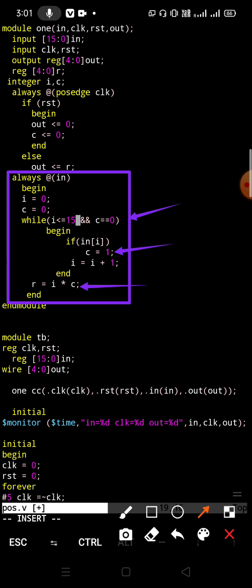If we assign R equal to I directly, in that case we will get output as 16, which is not desired. So we are multiplying by C. Okay, in case of any other number, when the first occurrence of 1 is 4, in that case C will become 1. So 4 multiplied by 1 will give us the correct functionality. So that's all for the design.